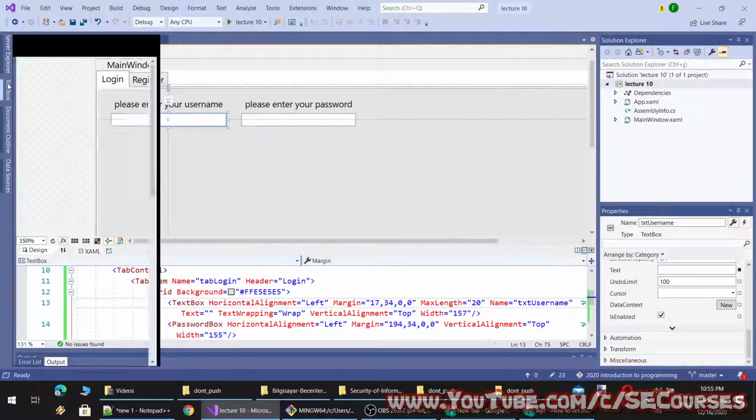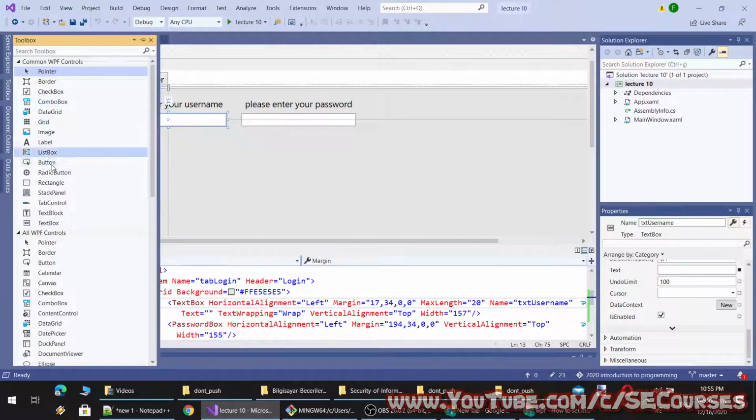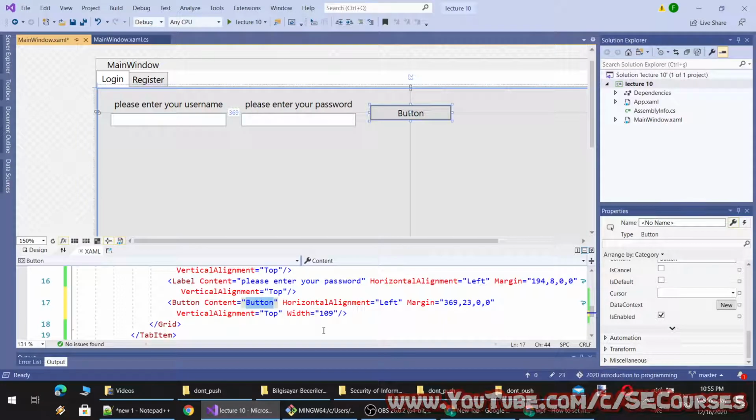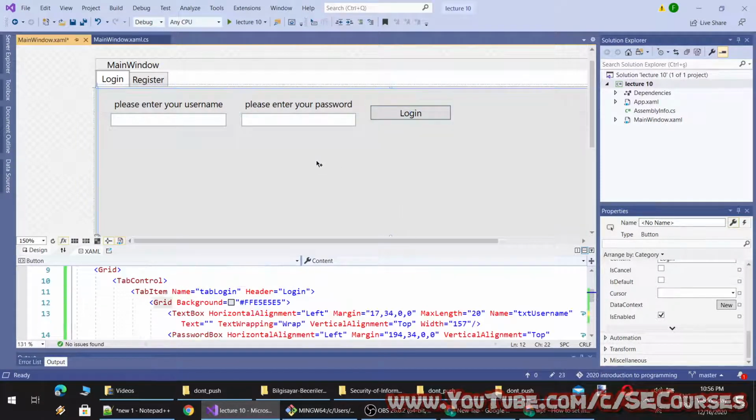And what we are going to add is a button for login. Login.